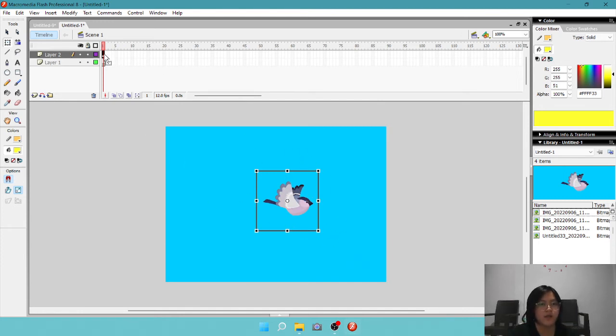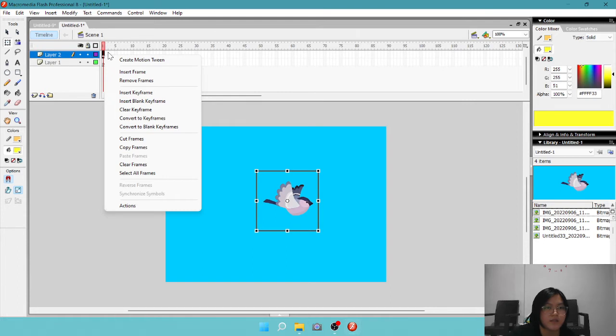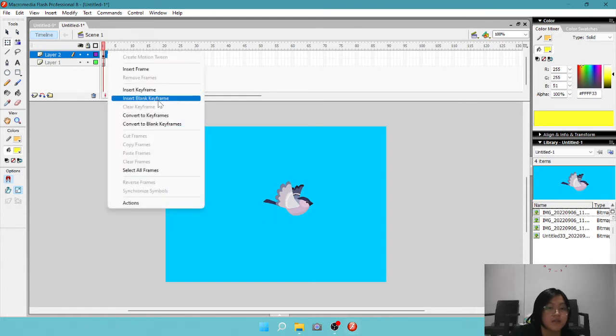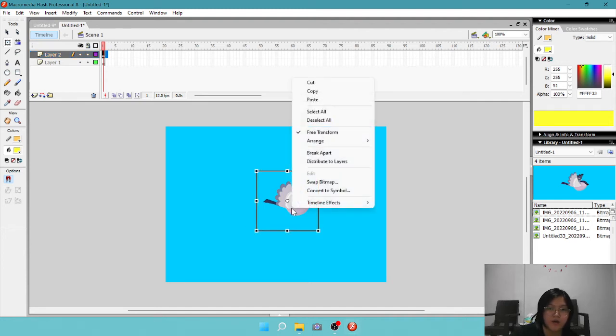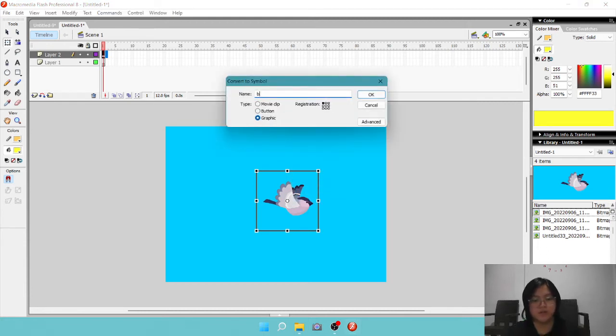Then insert a layer, insert a frame in the layer for the bird, insert keyframe. After adding the image, we right click on the mouse, then convert to symbol, bird one.